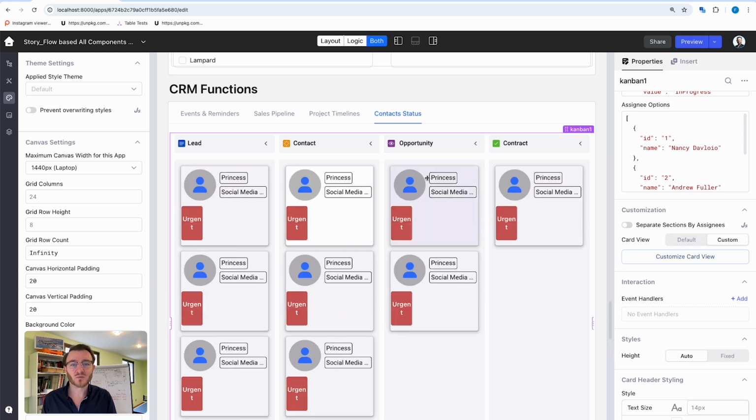And the custom view is the possibility to put any Lowcoder component inside. That looks a bit ugly here, but in fact you can make your own project management tool out of this Kanban, or your own media planning tool, whatever you want, because you can put the content for a card like you want. You can bind the data that you want. It's very powerful,